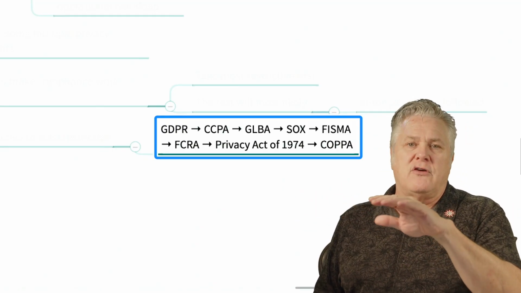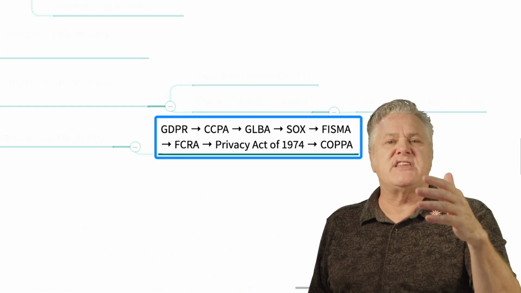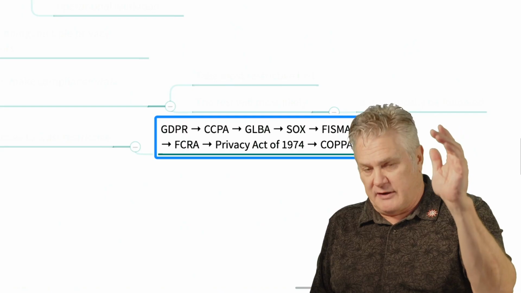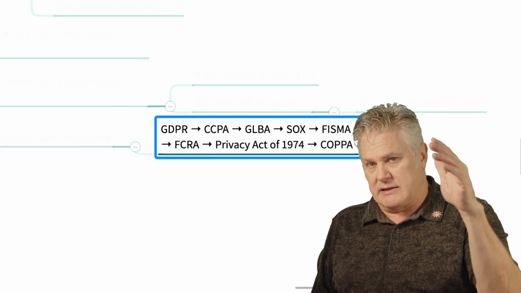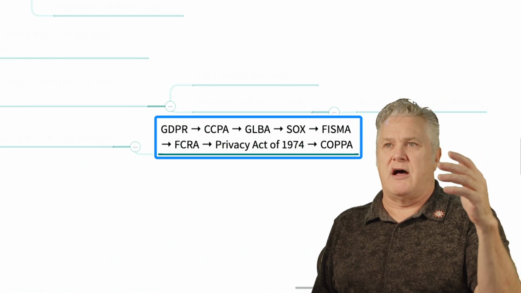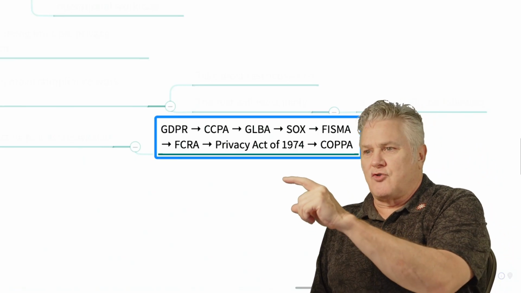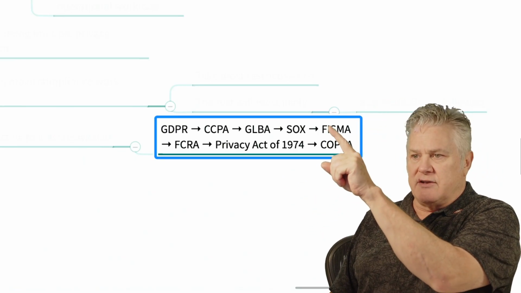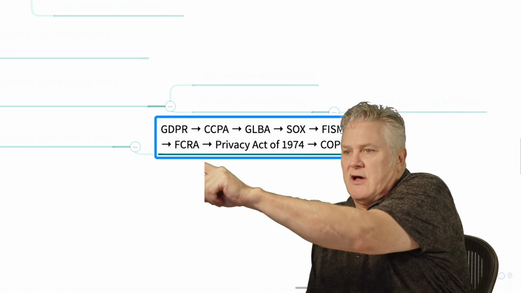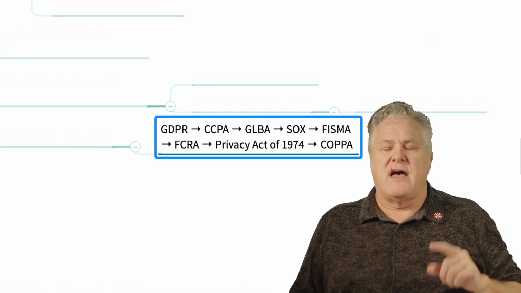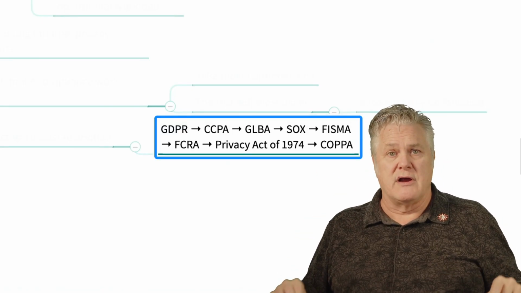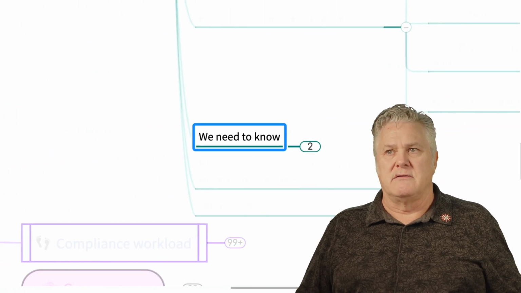So for instance, let's say that you are a global organization that sells to children. That would be the worst case. But you don't sell to governments, and you're not a military contractor. So you would cross out probably FISMA, and you'd probably cross out FCRA. You just cross those out, but you still put them in the same order, and that gets you where you need to be.